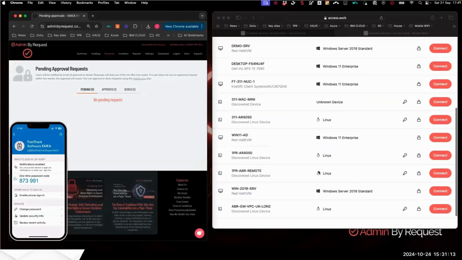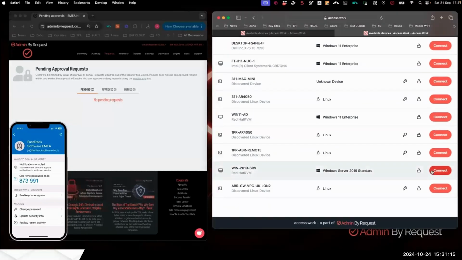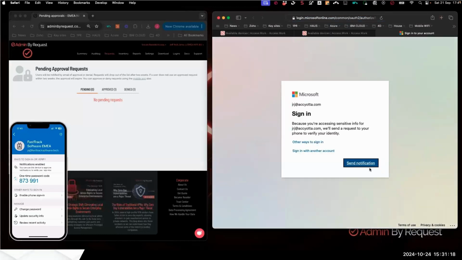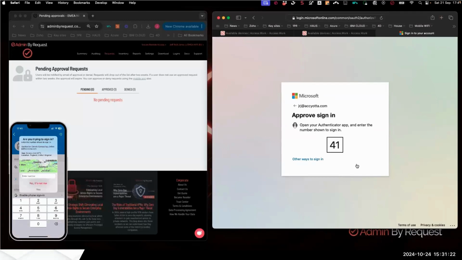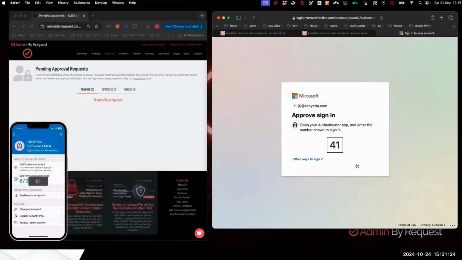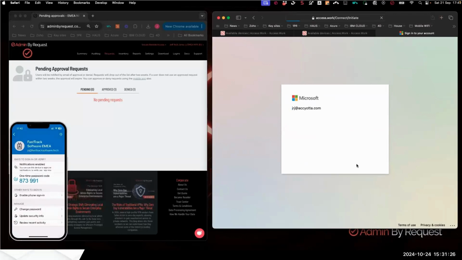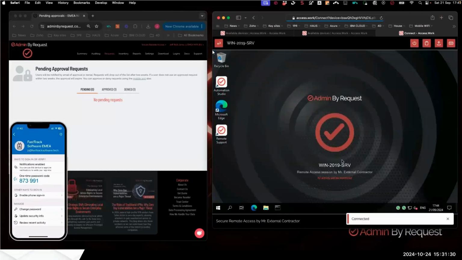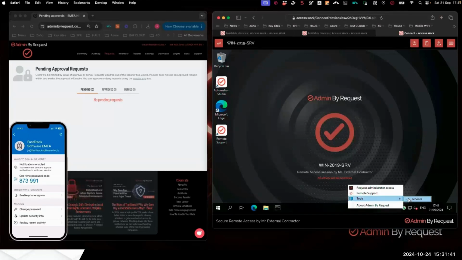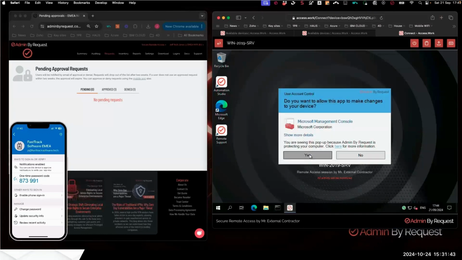And now the vendor can click on that connect button. And now the vendor gets access, not before passing the MFA that we've set up as well. Again, to make sure that vendor is who they say they are. Now the vendor can access the server, and note that we didn't, again, need to give that vendor credentials. And we don't want to because we don't want that vendor accessing anything else apart from the unique thing we want them